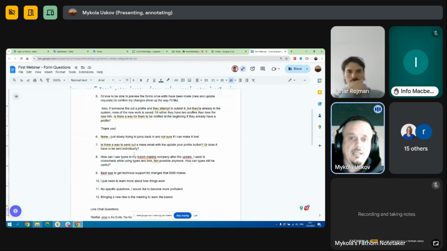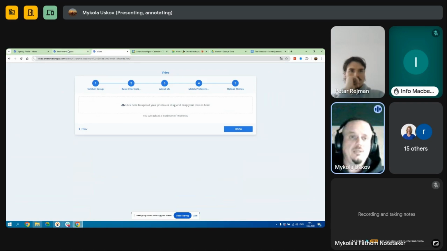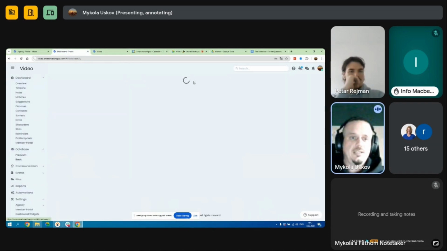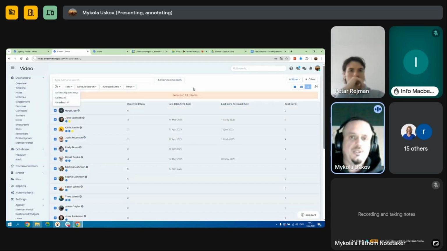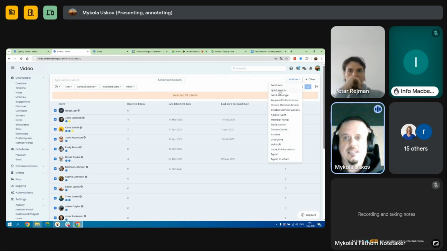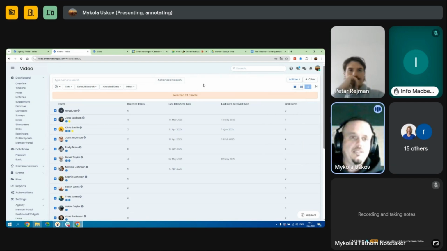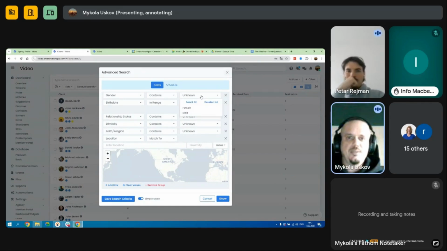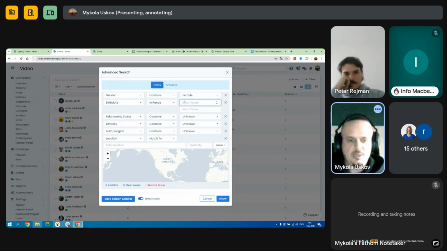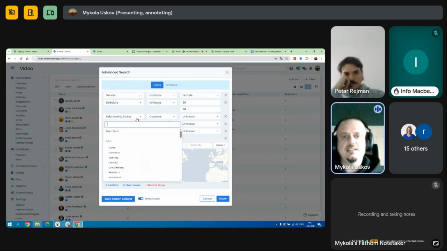Great. A mass email with the update profile button. Yes, we allow you to send mass emails. So you can go to your database. If you want to send it to everybody, just select all here, go to Actions, Send Request Profile Update. But if you want to send it to a selected group of people, let's say based on the search results, you want to send Request Profile Update to all ladies who are from 30 to 40, let's say, and then let's say whose